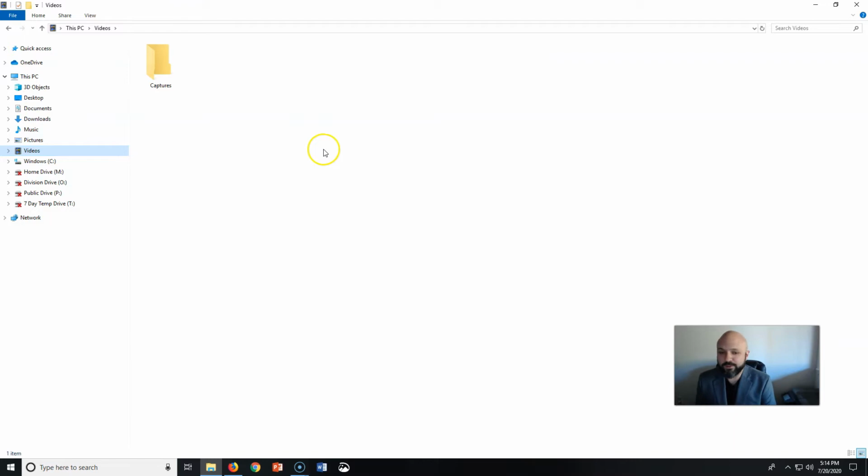So these libraries are special to Windows, and what they do is not only hold files, but they can also pull in folders and files from other locations. So they can be very useful in keeping track of all your pictures, all your videos, all your documents, etc. We'll explore that a little more as we go, but right now we're just getting a basic feel about it and learning some basic terminology.